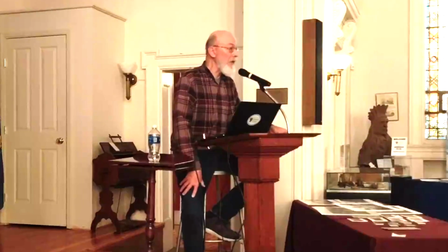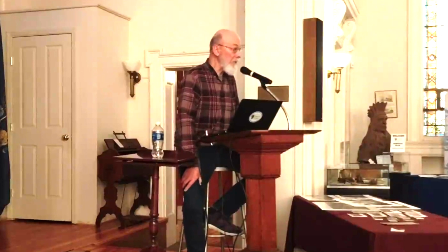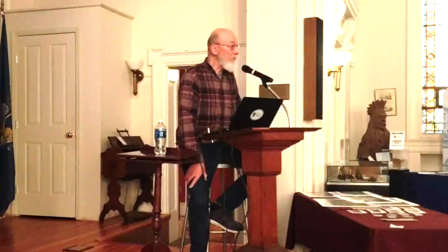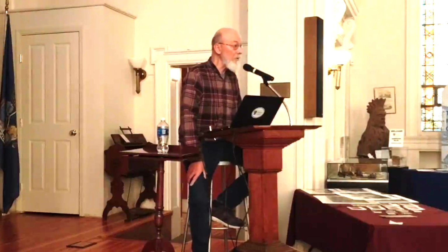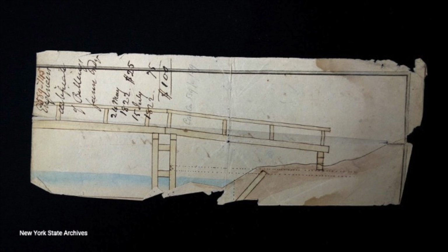Engineering drawings of the original canal are virtually non-existent. There were no mechanical engineers in early 19th century America. There were not even any civil engineers. The engineers who built the Erie Canal were surveyors and judges and other people who literally learned on the job. The closest thing to a blueprint that I found is this scrap of paper from the